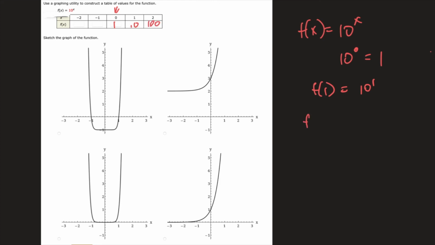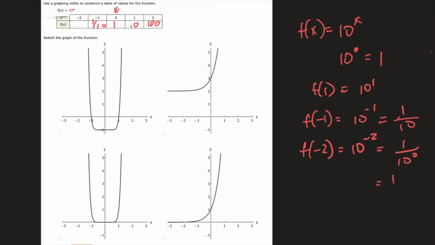Now with the negatives, f of -1, I have 10 to the negative first power, which is the same thing as 1 over 10 to the first power, which is just 10. So 1/10 goes here. And then f of negative 2 is 10 to the negative second power, which is 1 over 10 to the second power, which is the same thing as 1 over 100. So 1 over 100 goes in this spot. So the graph that matches that